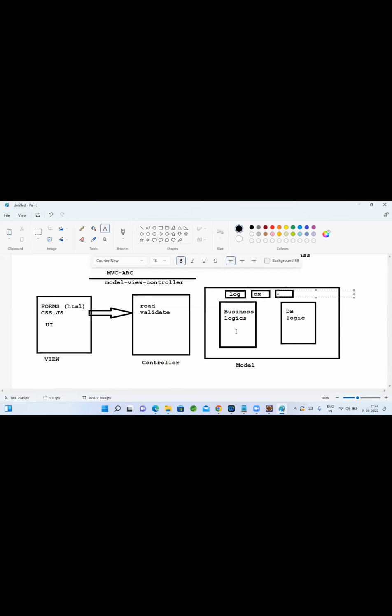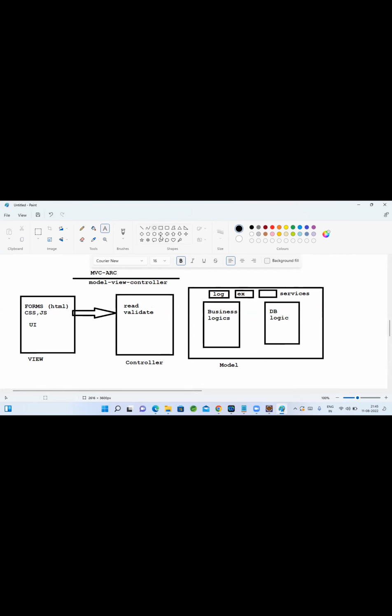Let's say your system is a banking system and you want to get the daily exchange rate. That exchange rate system is an additional service. Any other services, even third-party services, you can use. We call that complete component the model component. Finally, the database comes into the picture. Once done with your business logic, we use the DAO class, the DB logic.